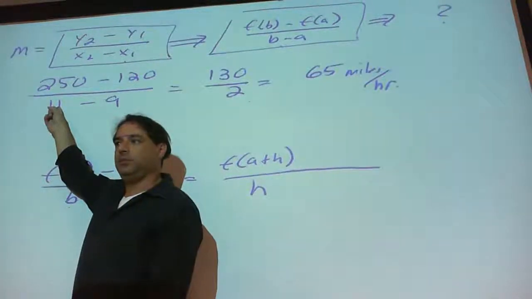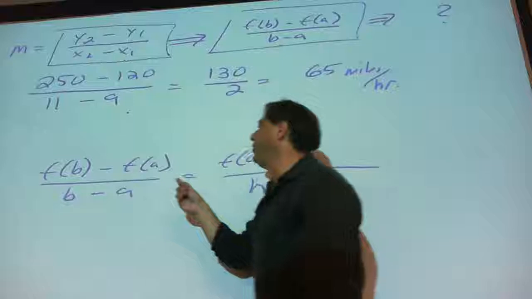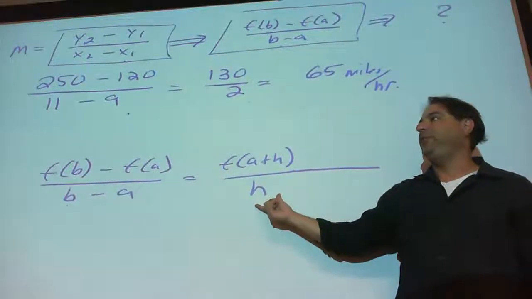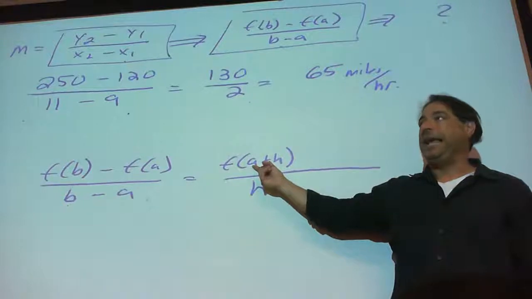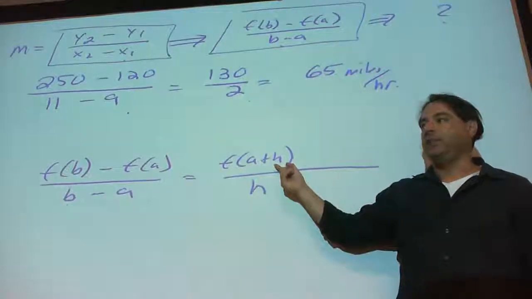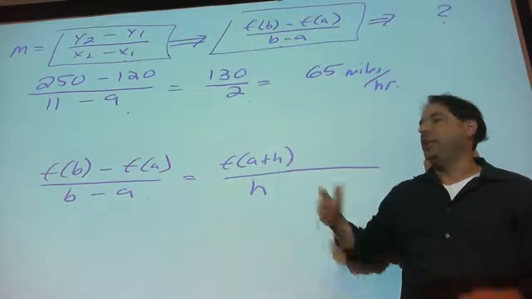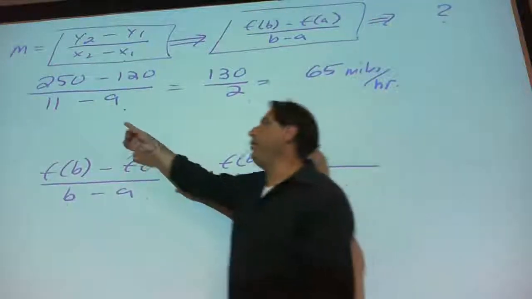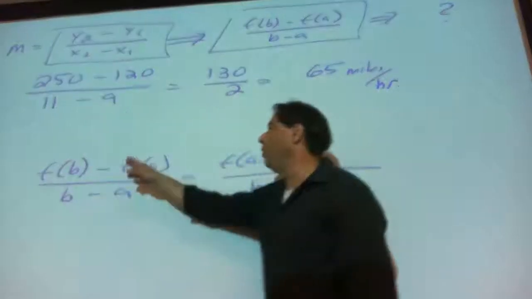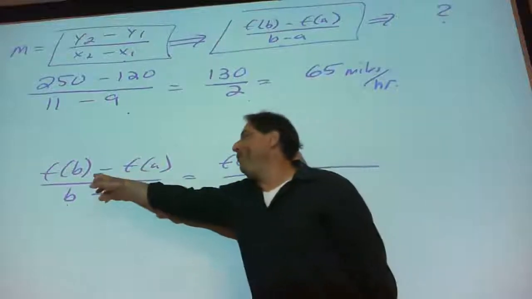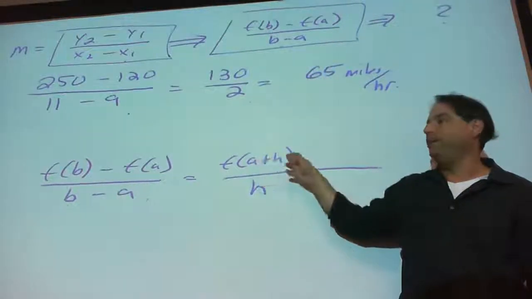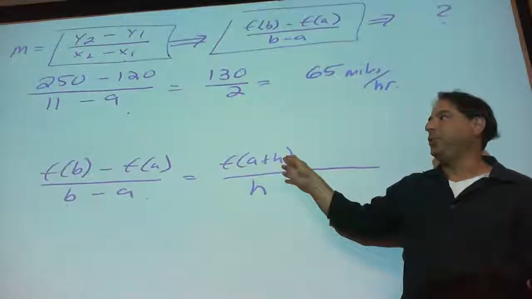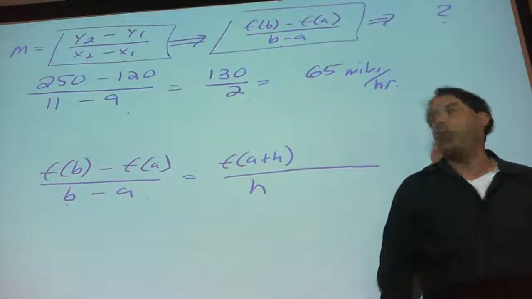That's B. Are we okay? So if you know how many hours have passed, if you take your starting point, A, 9, and add 2, you get to 11. So if you take your starting point plus H, that gives your ending point. Your ending point is B. So when they call f of B, f of A plus H, it's the same thing. You're starting plus how far you've gone. 9 plus 2 gives you B, which is your ending point,